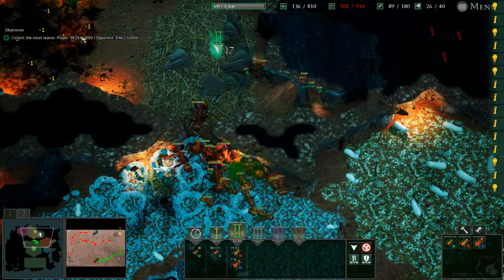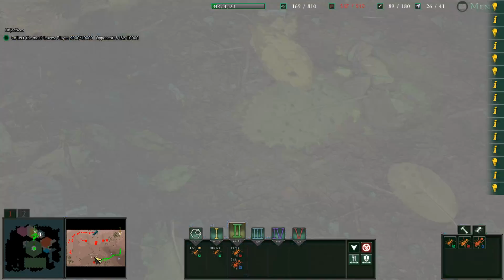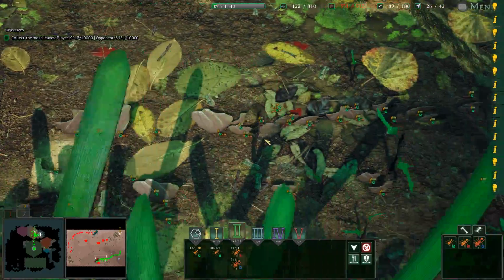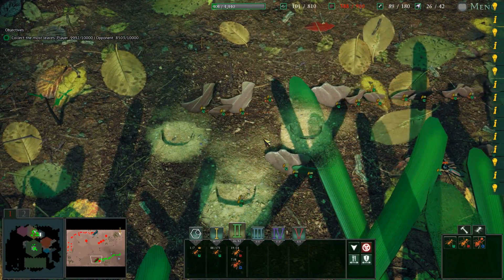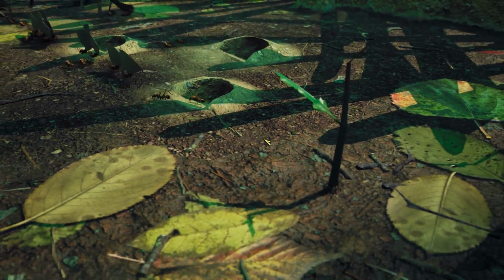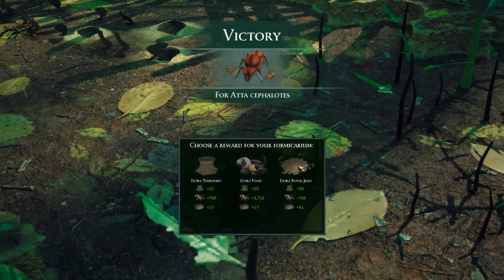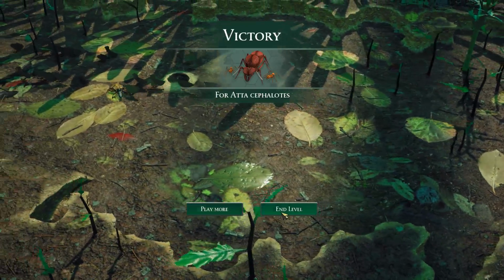But that's okay, because it looks like we are just about to grab our victory. All right, there we go. Victory. The ants have subdued their rivals and achieved dominion over the clearing. As the competition withers, they will extend their territory in all directions, firmly establishing...